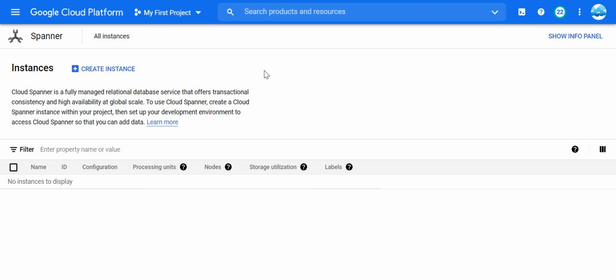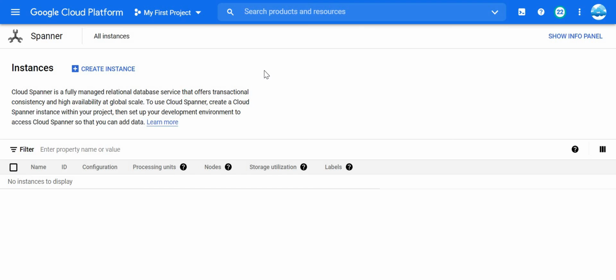Basically, the Spanner database is a fully managed relational database service from the GCP, and it has high availability, like 99.999%. So it is always available. One more benefit is scaling. It has unlimited scaling feasibility, so it can scale as your business grows. That is a major feature of Spanner.